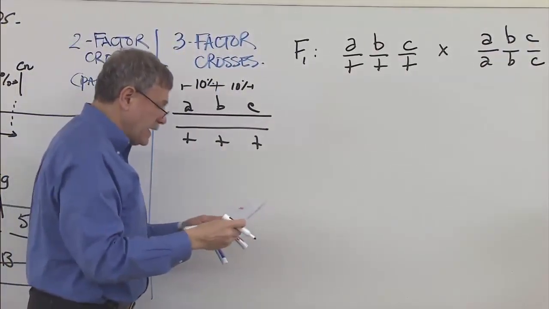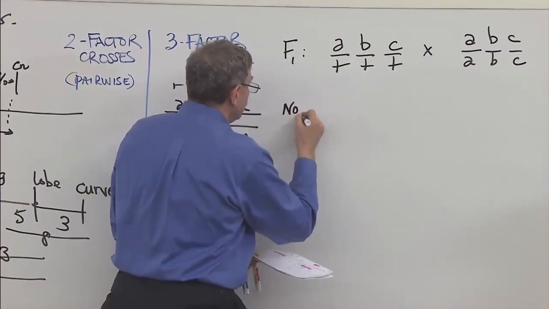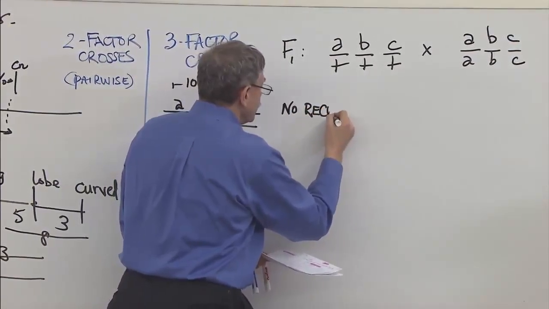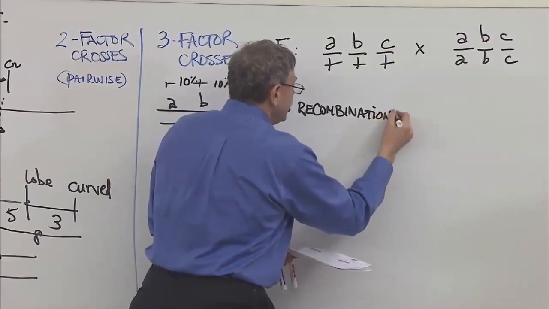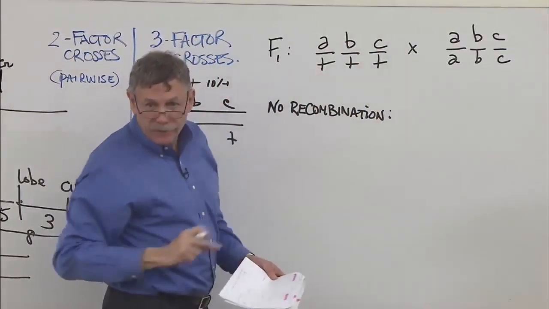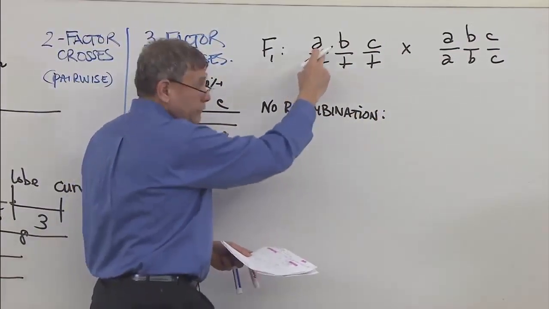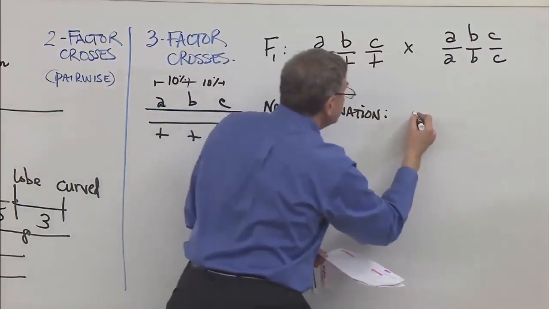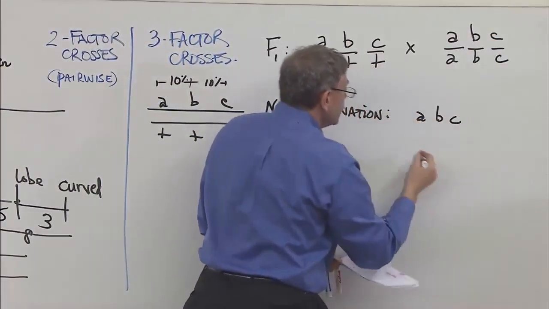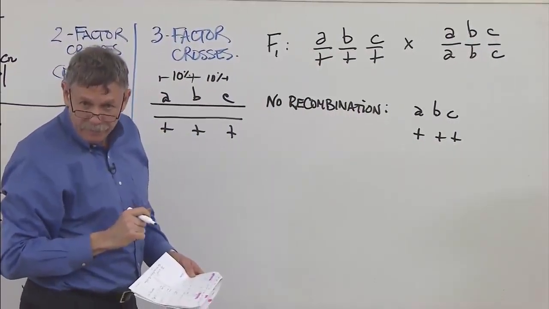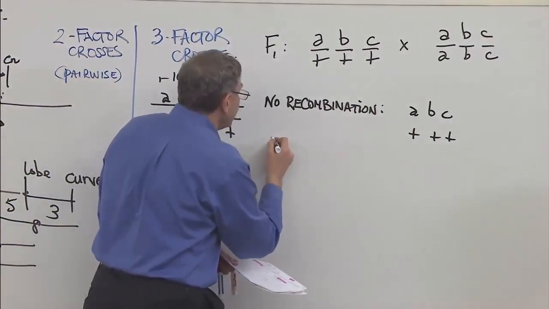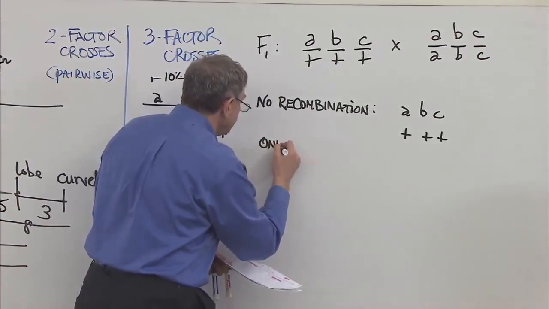Well, what are the possibilities? I could have no recombinations at all. If no recombination occurs, no crossing over occurs, then what kind of gametes can I get out of that? I could get A, B, C, or I could get plus, plus, plus. Now, I could have one recombination